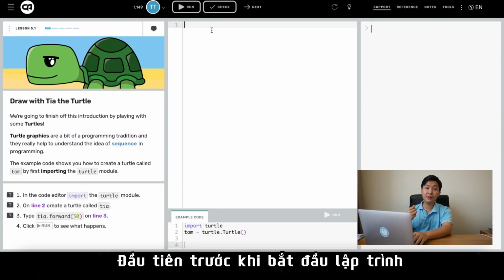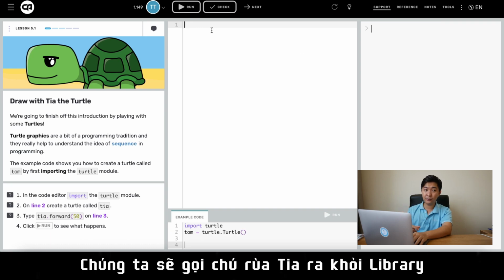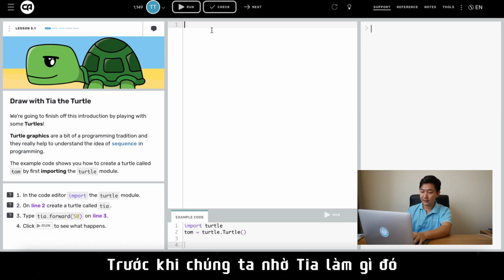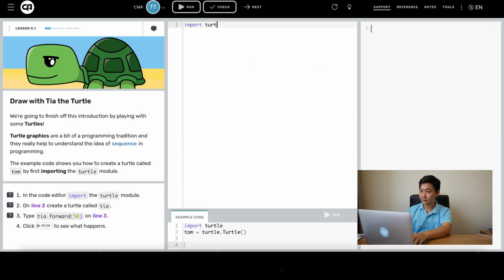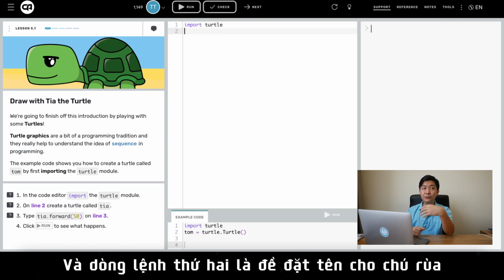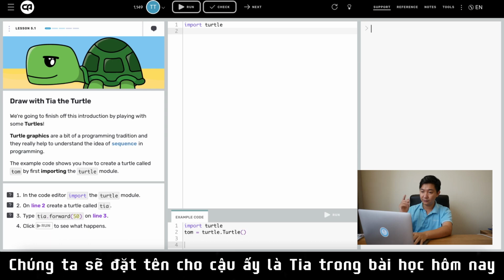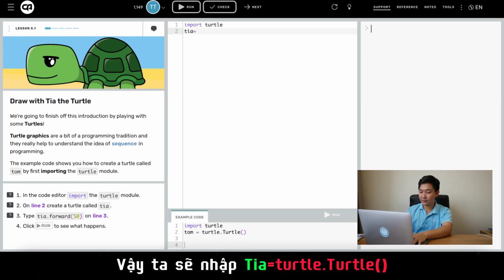First, before you do anything with the coding, the library is a really important thing that you need to import. So you have to call out the turtle before you can give some commands to the turtle. The first line of code will be import turtle, for example. And then on the second line, you have to name the turtle. For the purpose of this exercise, we'll name it TR, but basically you can name it whatever you want. So TR equals